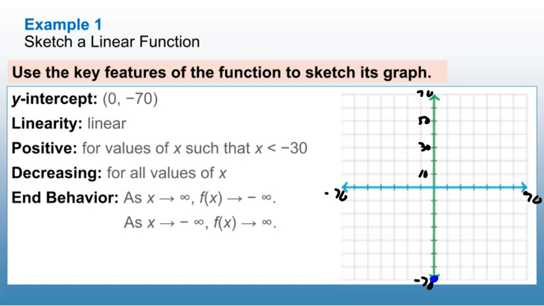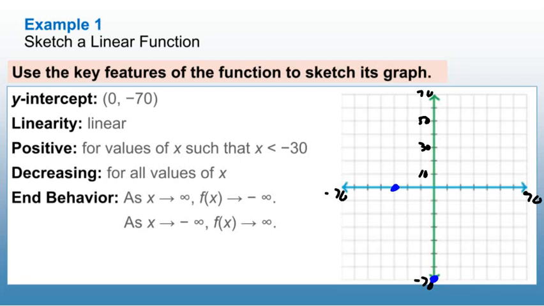Linearity just says that it's a straight line. So wherever points I make, that has to be a straight line when I connect them. It's positive for values of x such that x is less than -30. What that is saying is that any number less than -30 is above the x-axis. So I can go to -30 on the x-axis, which would be right here. Anything to the left of that point is going to be above the x-axis, and anything below it is going to be